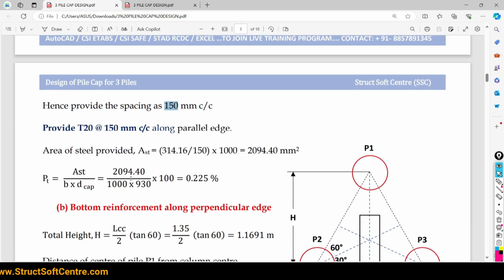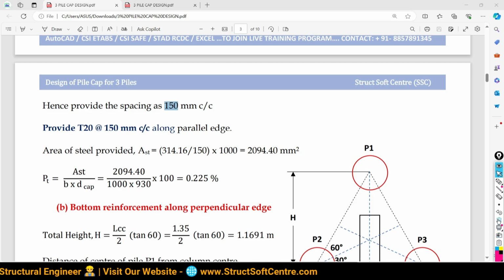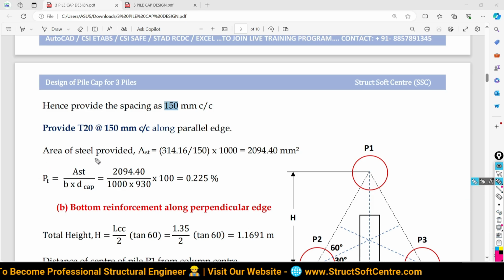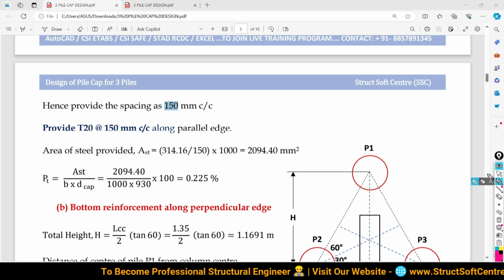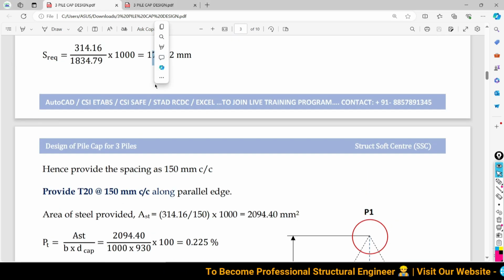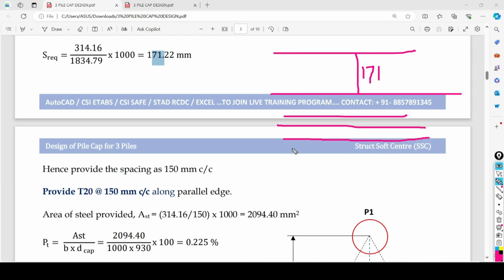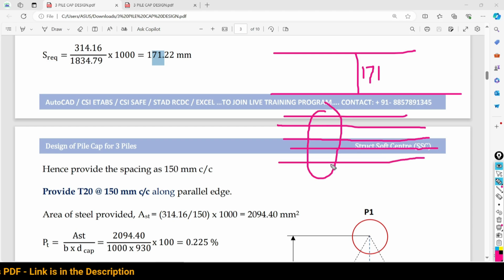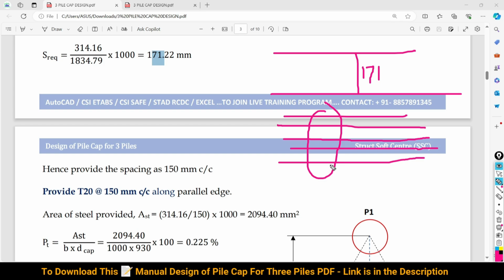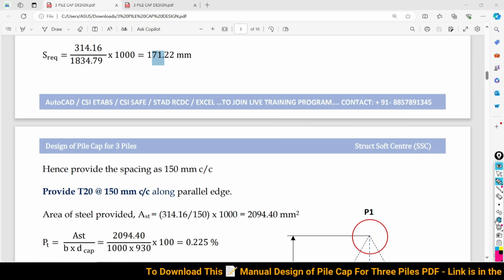Now, how much total area of reinforcement has been provided, by area and by percentage, that we have to calculate. So for that, area of steel provided: because the demand of the spacing was actually 171, we have reduced the spacing, and we are going to provide the reinforcement at this distance. So obviously more number of bars is coming. That's why the area of the reinforcement is going to increase slightly. That's a good thing. We are not going towards the danger side; we are moving towards the safer side if we provide slightly more reinforcement.